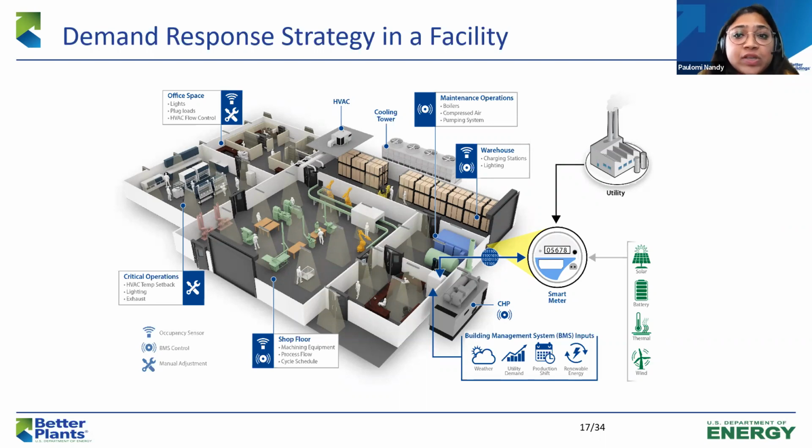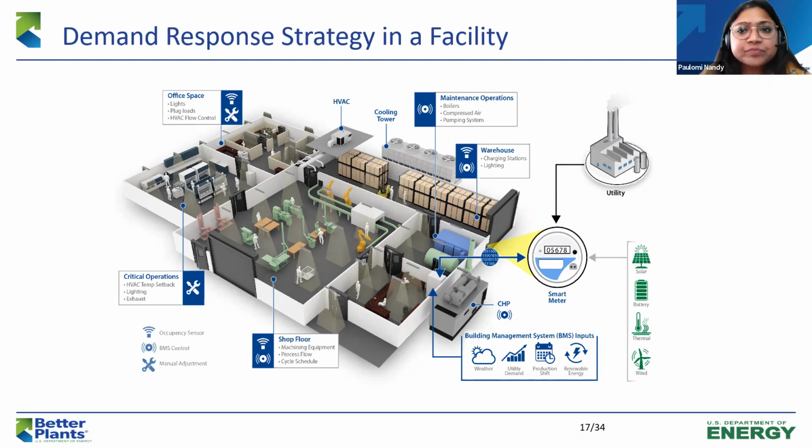So you can use basically manual adjustments to change the set points, things like that, to help you manage that demand. Or you can use occupancy sensors or your BMS, building management system, which can help you curtail that load. Your BMS would get inputs based on weather, utility demand, even how much renewable you're producing on site. Those would feed into how you would manage your load